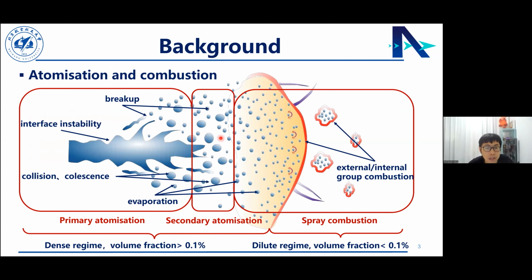In the primary atomization, the interface instability first dominates this process, and then the jet breaks up, and then we have various shapes of fragments, then the ligaments, which can collide and coalesce, and then we can also have evaporation in the primary atomization stage when the